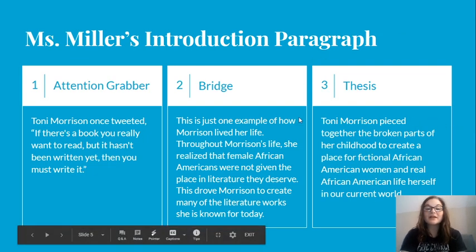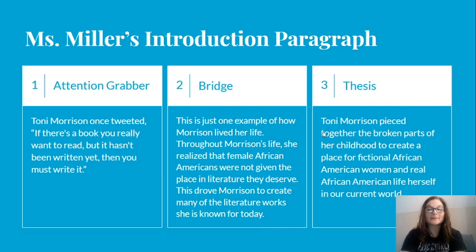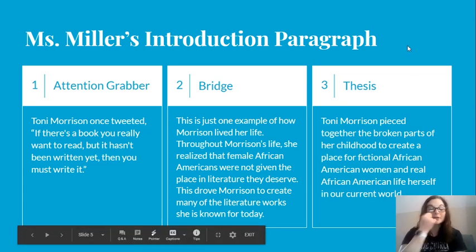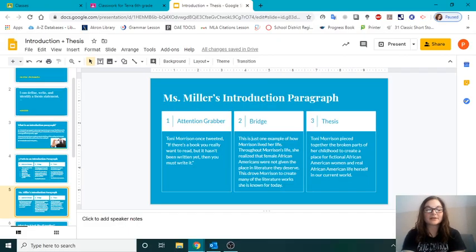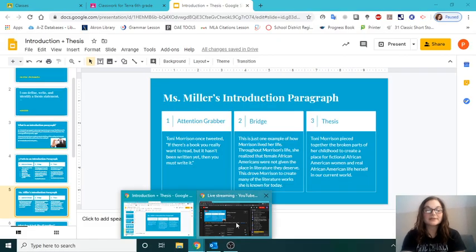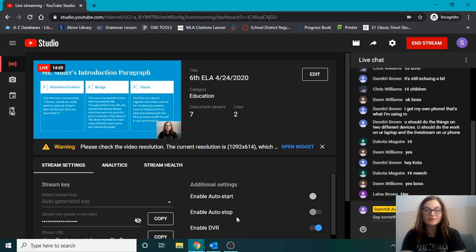So this kind of gives you an idea of what I'm going to be talking about. Like I addressed earlier, I'm going to talk about her childhood in my first paragraph. And then I'm going to talk more so about her adult life as an African American woman in my second paragraph. We're not going to worry about the fourth paragraph yet, which is the conclusion, because we just haven't gotten that far yet. So let me pop out of here, see if you guys have questions on this. No, you guys are still good, okay, that's fine.